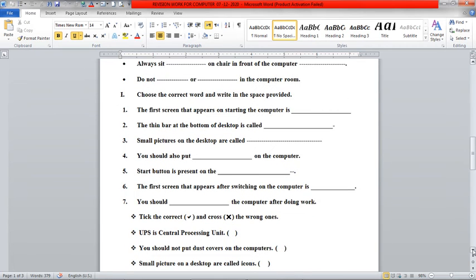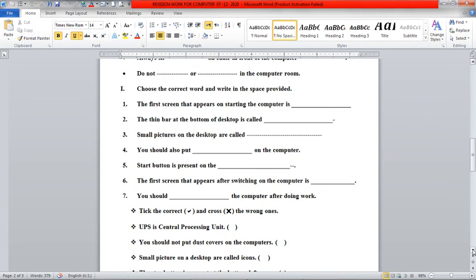Do not eat or drink in the computer room. I did not give any option here, so directly you will answer here.